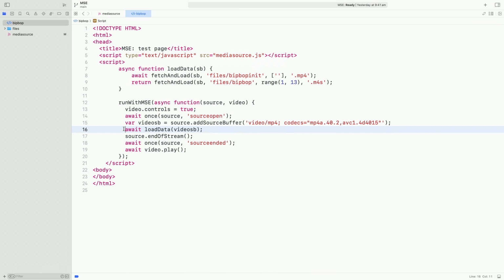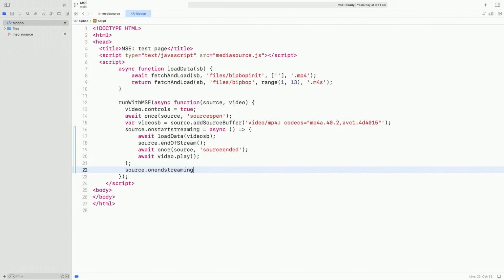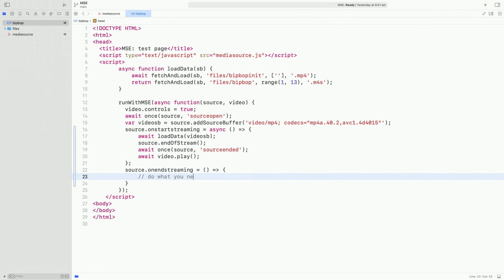After creating source buffer, now managed source buffer, you add two event handlers. Start streaming will notify the player when it should start fetching new content and add it to the managed source buffer. And one to handle the end streaming event to tell when the player needs to stop fetching new data. The user agent now has determined that it has enough data and it can now enter low power mode. For this demonstration, the end streaming event handler is just a placeholder.